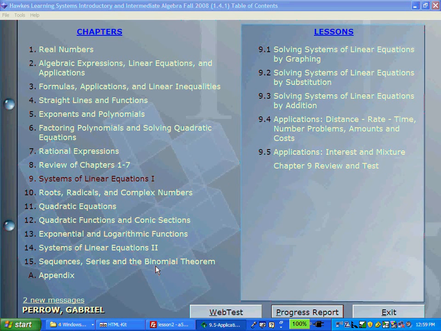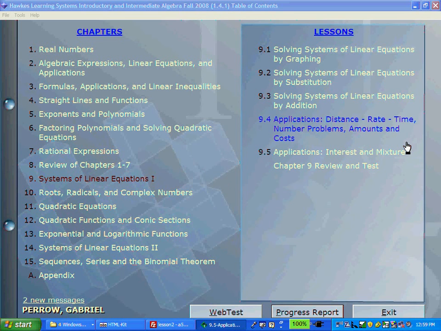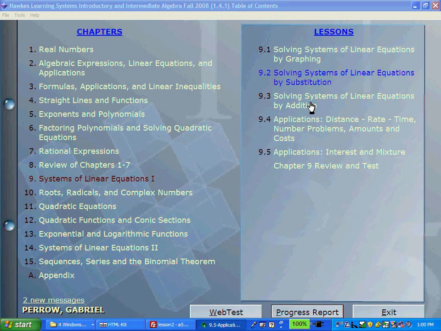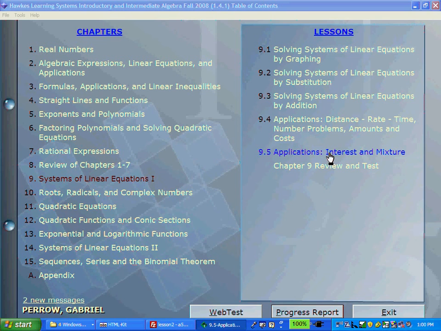Okay, so we're going to look at section 9.5, applications of interest and mixture. This is continuing the systems of equations problems, final section of this chapter. So it's just more application, and it's very similar to section 9.4. If you're getting the hang of section 9.4, I think that you'll do fine with this section, just